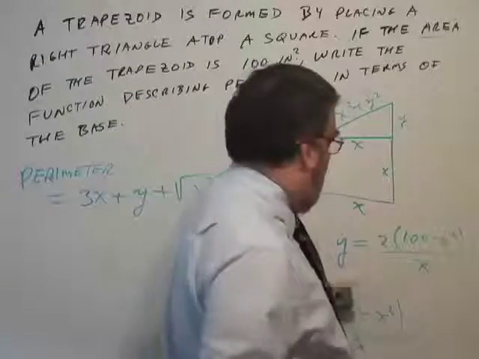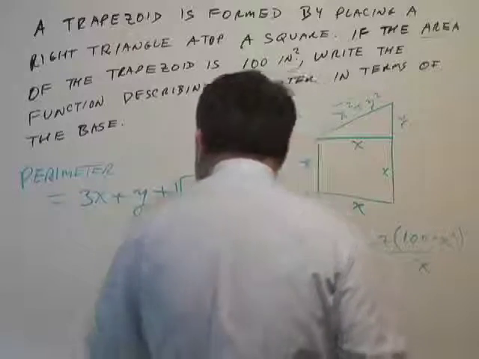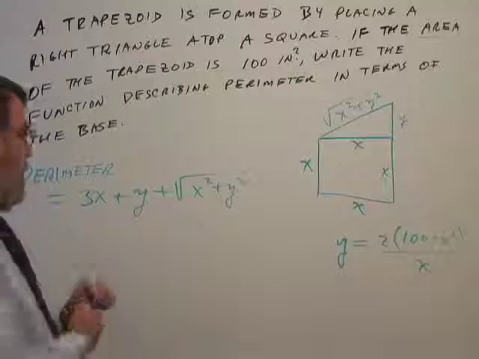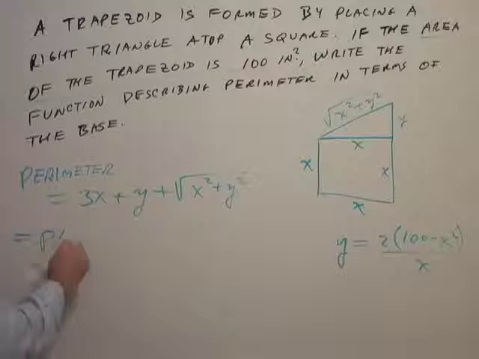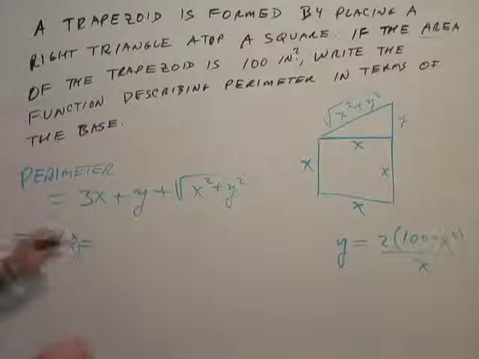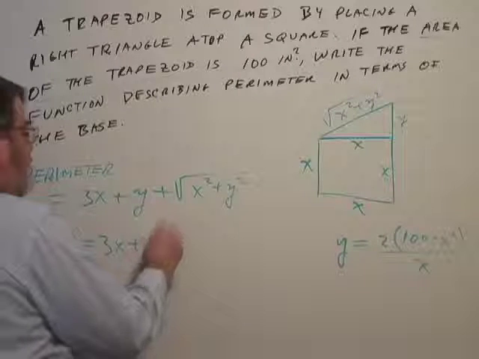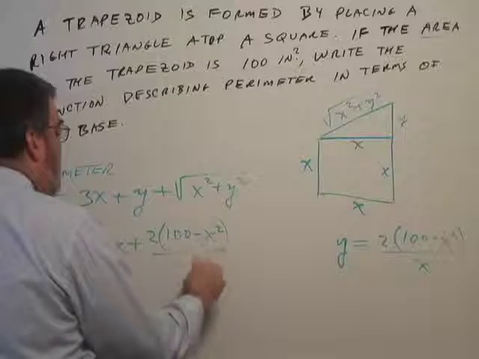Try not to crowd your work like I'm doing, because when you crowd your work, it's much easier to make careless errors. Alright, well, the perimeter is a function P of x, and it would be 3x plus 2 parentheses 100 minus x squared over x